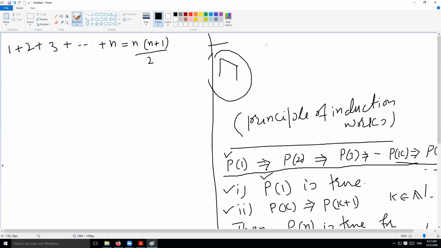There was a guy called Gauss, Carl Friedrich Gauss, sometimes called the Prince of Mathematics. He was a very interesting guy. When he was very young, his class was making a lot of noise, so to engage them, his teacher gave them one problem: do this sum, 1 plus 2 plus 3 up to 100.